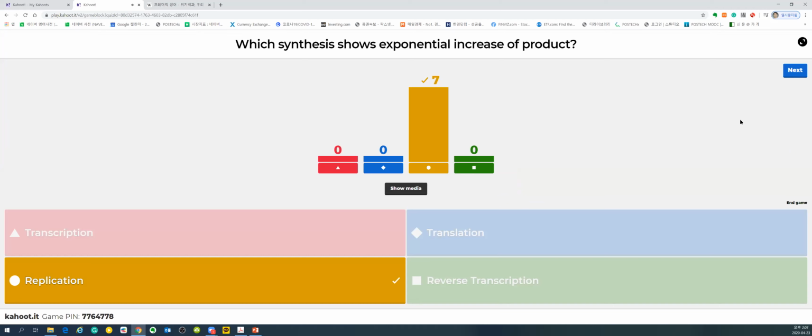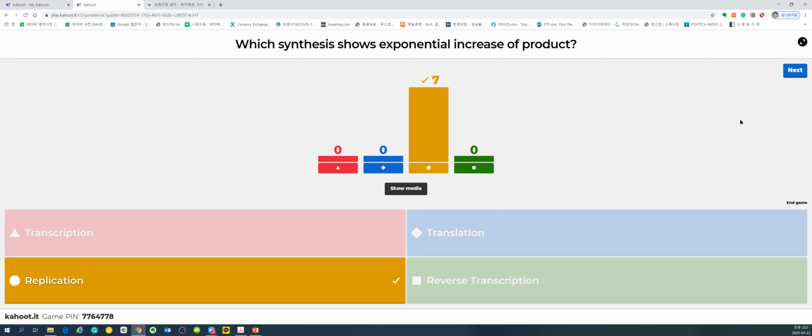Okay, good answer. So replication is DNA templated DNA synthesis, and that means PCR is mimicking replication. Okay, PCR is an in vitro version of replication. So if you think about the other processes, let's just say transcription. Transcription is DNA templated RNA synthesis, and the template is fixed, right?